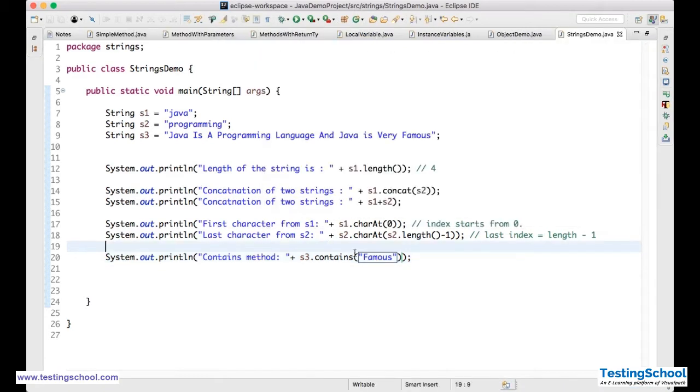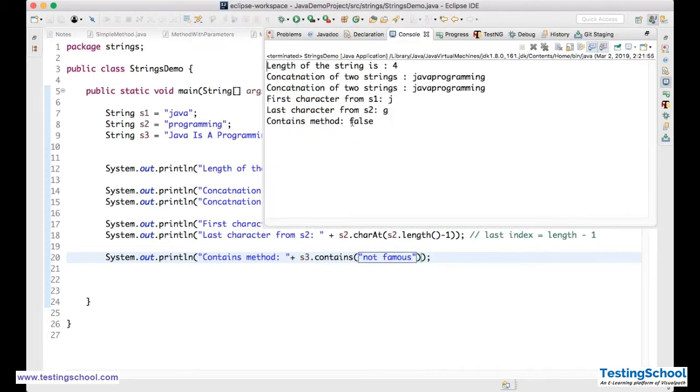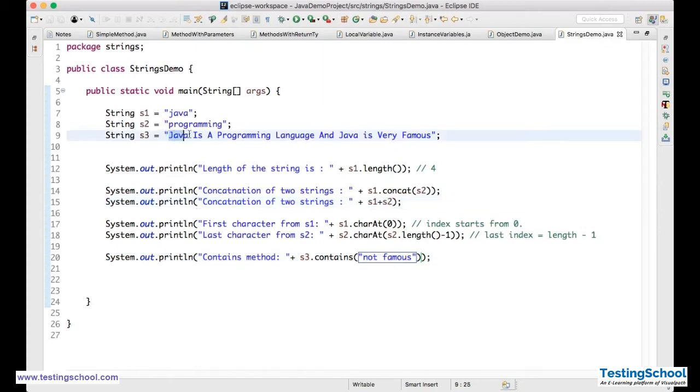Contains true. If I say something else, instead of famous, I can say not famous. Something like this I'm writing. When I run this, you see that I'm getting false. Contains means it will search the entire string, whether this character sequence is there inside this or not.